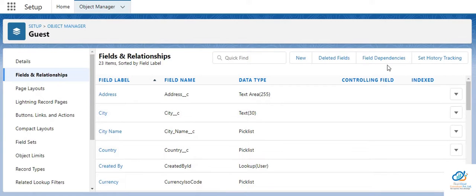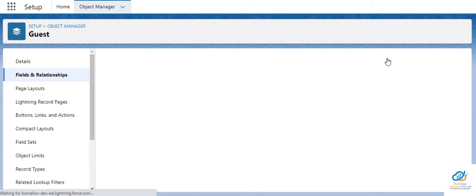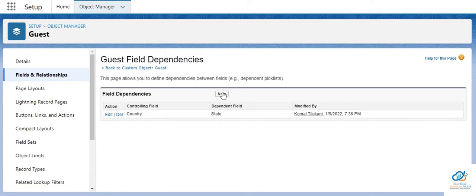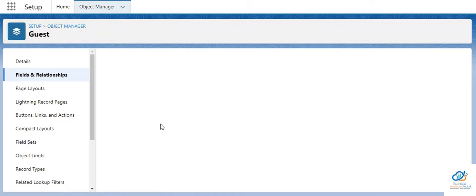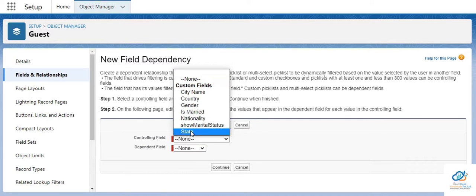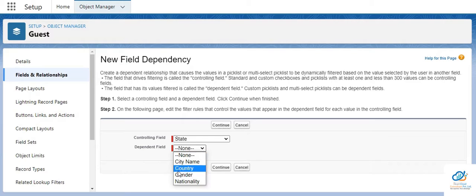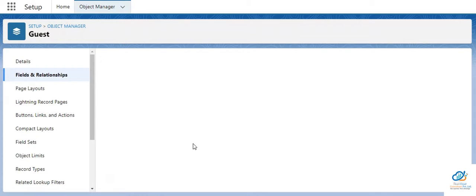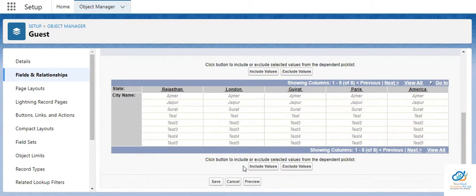Then we'll create another field dependency with state and city. Again we'll select state and city and continue. Here we'll again include the values. We'll select this much, include values.